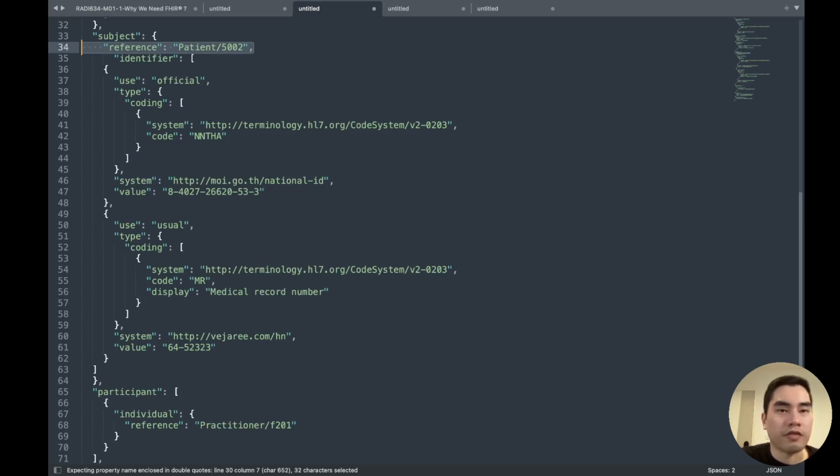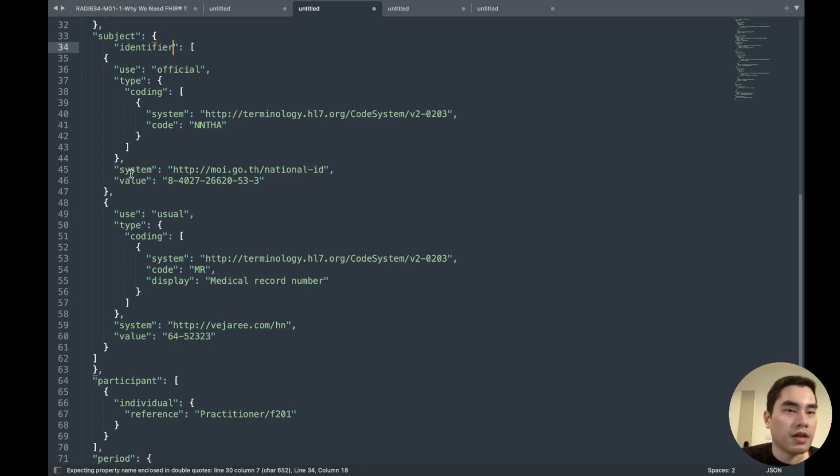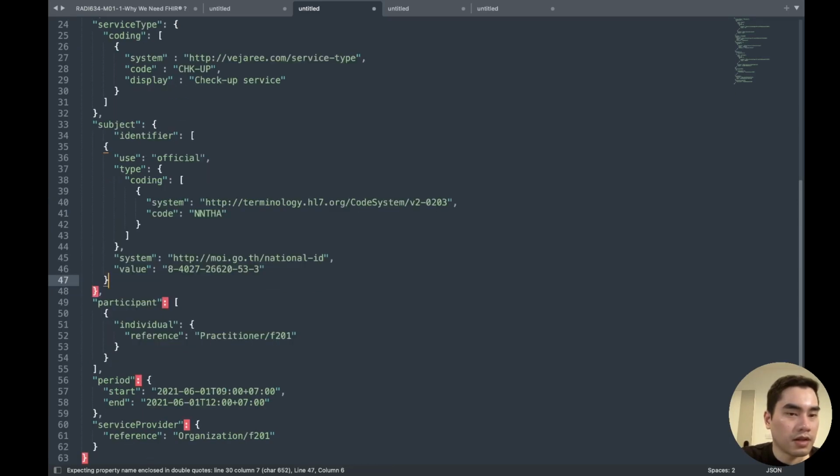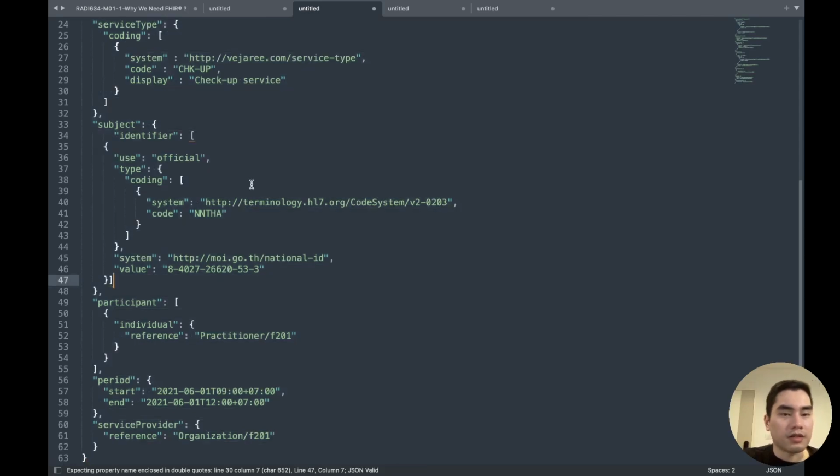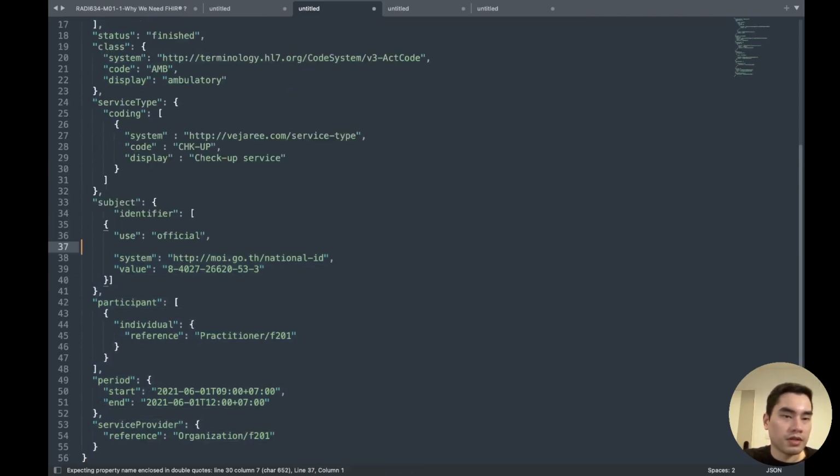So you will not have two things in the same object. And you put the identifier here. So just remove it. Okay, so this one, is it still valid? Yes, it's still valid.